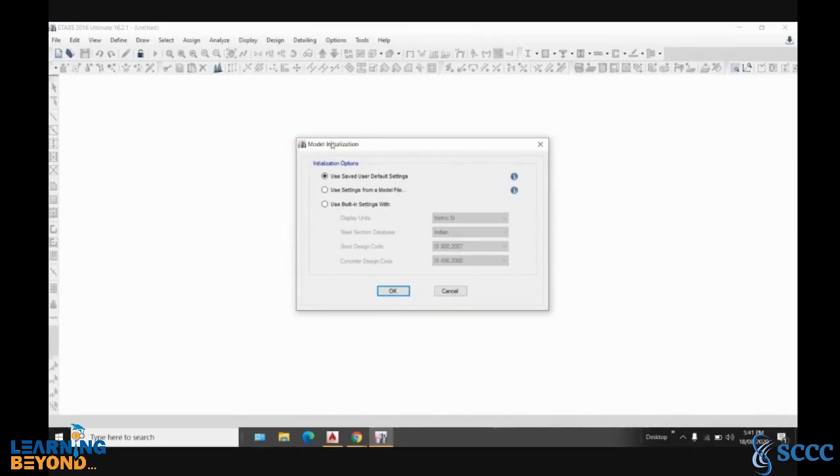So this is the model initialization. Go to use built-in setting, then display units. Click on display units and go to MKS metric system. Then steel database Indian, steel design IS 800, and concrete design IS 456. So this is the first initialization.